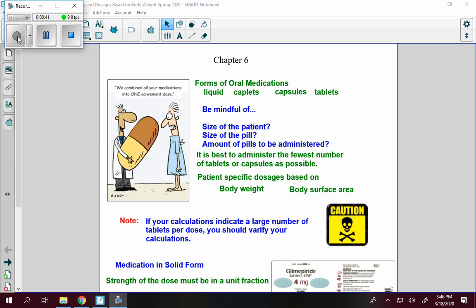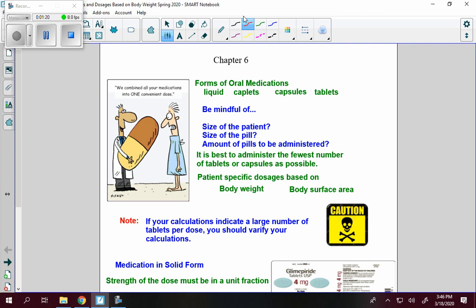So the mindful thing you really have to be is, if you look at this cartoon, it says, hey, we combined all your medications into one convenient dose. If you've ever taken medication before, you know that that one big dose isn't necessarily always the best way because pills are big. However, be mindful of administering the fewest number of capsules or tablets because you don't want to go and say, hey, go give your patient 10 pills when you can give them, in fact,